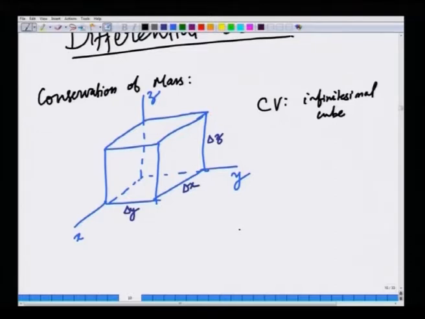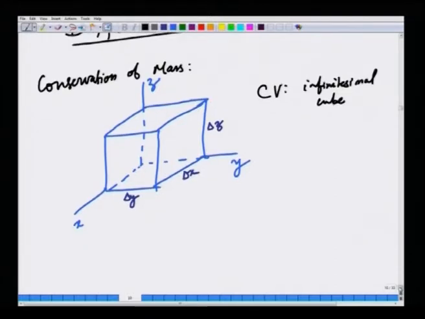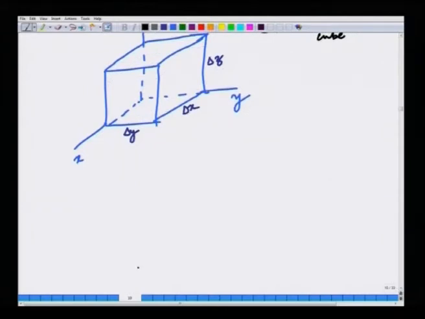So, we are going to write the law of conservation of mass as applied to this control volume. We already have our conservation of mass relation: the integral of d rho dt dV, the rate of change of mass present in the CV, is equal to